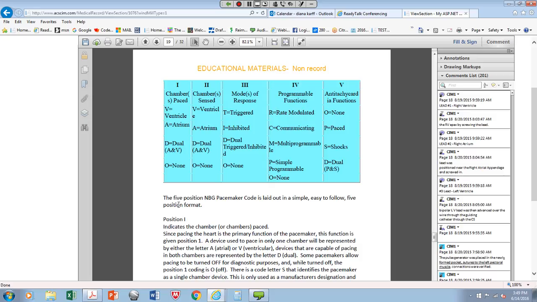Okay, so this is educational materials. And actually, I think all of us have seen this in the record over and over again. But this identifies when you see something like VVIRO, this actually explains the site, what that really means. If you can understand this portion of the abbreviations, it's a little bit